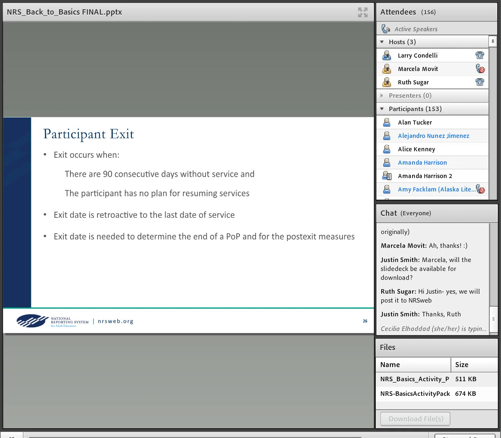planned. And the exit date then is that date that the participant stops receiving services, but you have to wait, of course, 90 days to make sure that's true. So for example, if today was the last day of services, September 2nd, you'd have to wait until December 1st or so, I guess that's 90 days, and then you would say that participant exited on September 2nd. You could formally say that. You need to know that to know the end of the POP for reporting both the MSG and for the